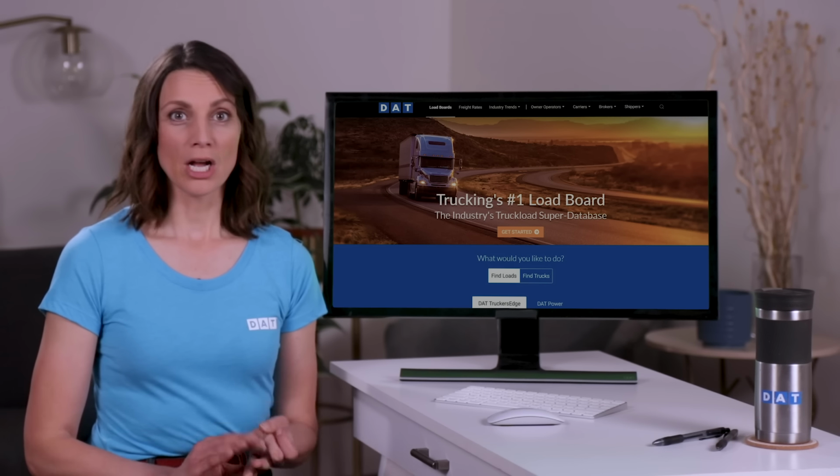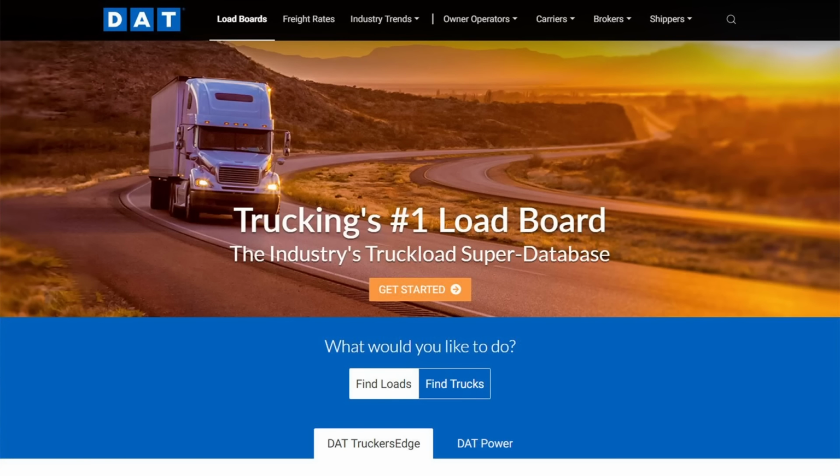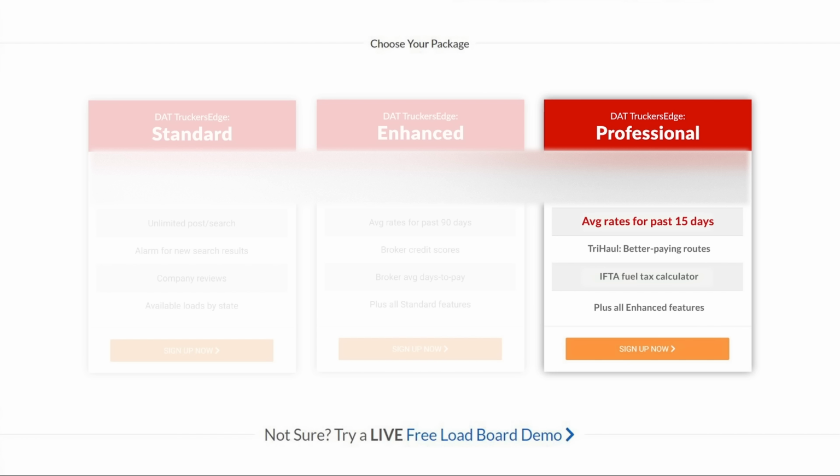the broker to carrier spot rate tool, the quick rate lookup tool, and the national load count chart in your DAT load board subscription. Today I'm going to be working in TruckersEdge Pro, so if there are any features you see that you